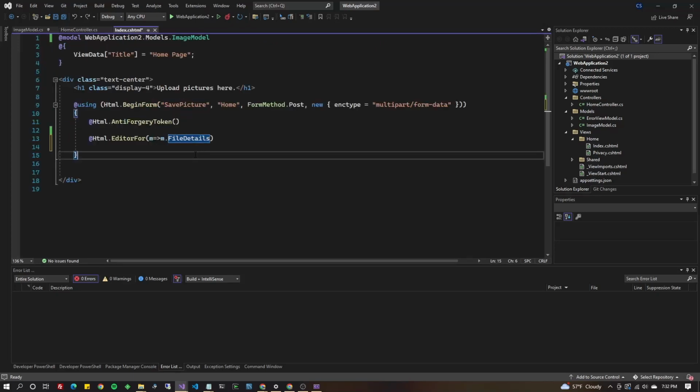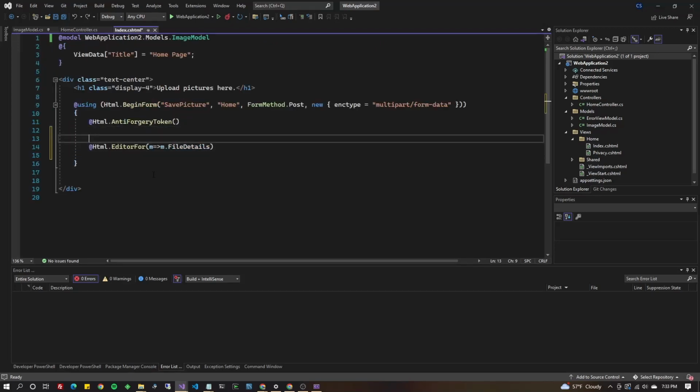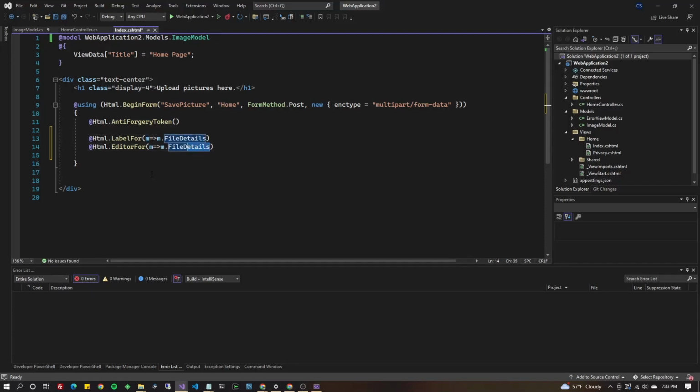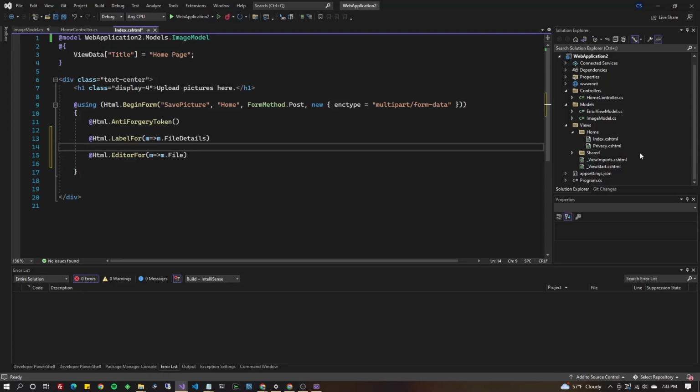In order to do that, we should change this to be the label for, the same syntax, file details, and we'll make the editor for the file property. That's going to look a little bit side by side, and so we're going to want to put some CSS around this. We could write our own CSS, or we could take advantage of some of the built-in stuff that comes with this project. If you take a look on the far right and you go to